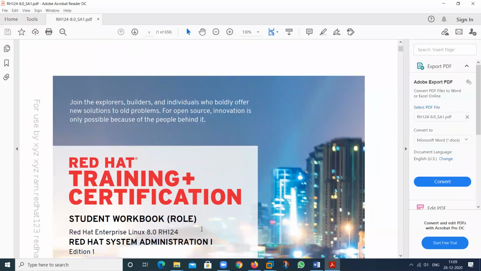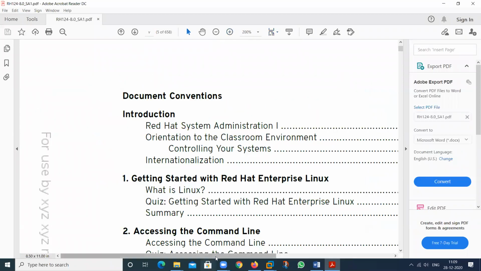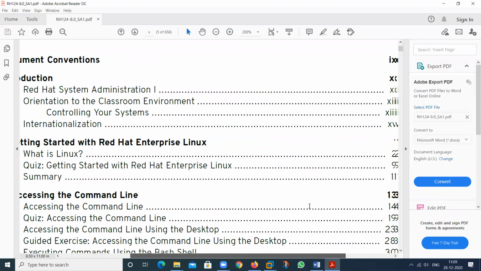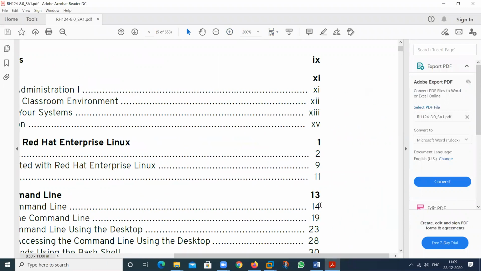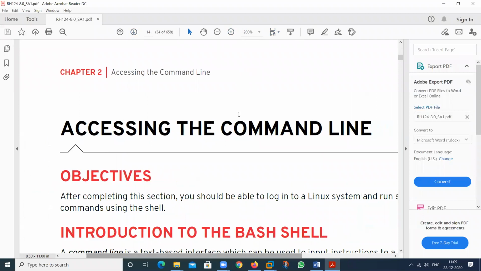See, this is the index, and in this index I want to check what is the location of this particular chapter. Then go to this particular page 14. So you can just type here 14 and move to that location. So this is the predefined index.